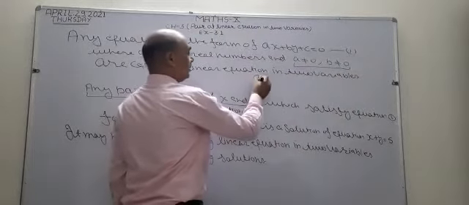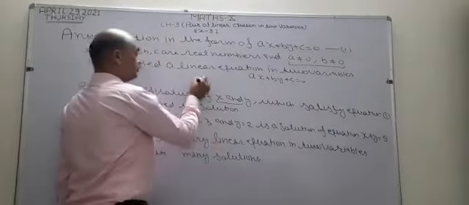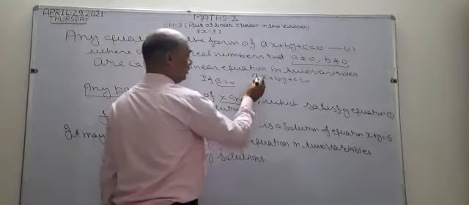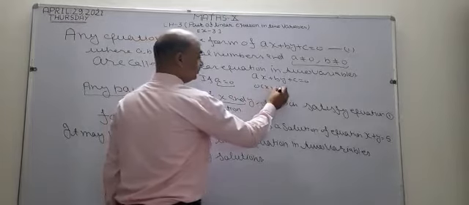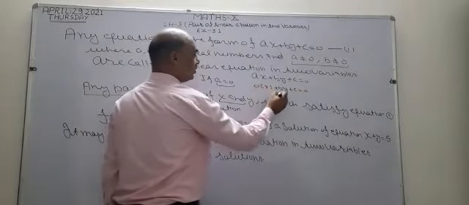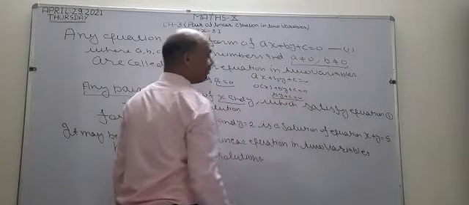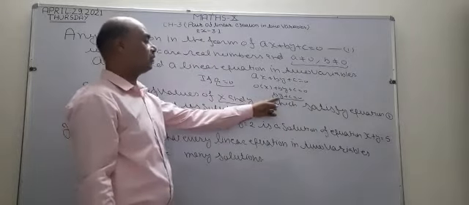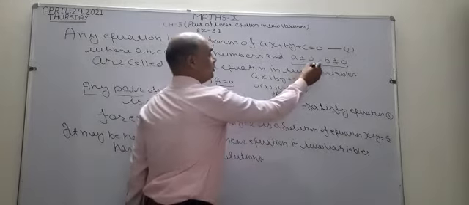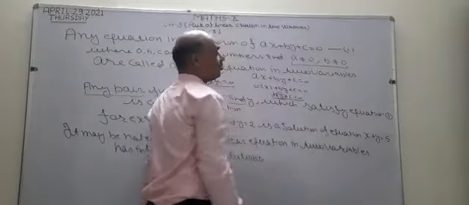Suppose I take this linear equation. If I take a equal to 0 in this equation, what happened? This becomes 0 and the remaining terms remain the same. Now 0 times something is 0. It means what is left? by plus c equal to 0. Now this is a linear equation, but not in two variables. Here only y, one variable, is there. So this is the condition: A or B cannot be equal to 0.